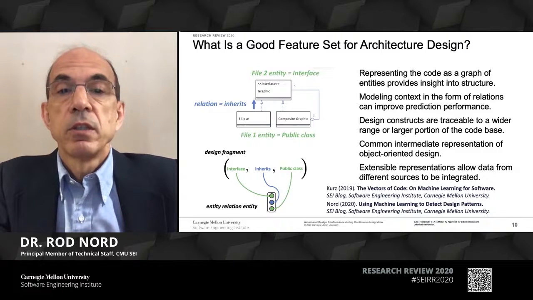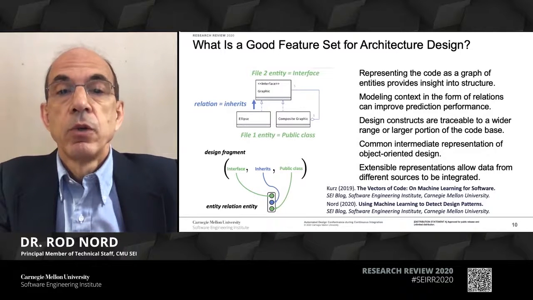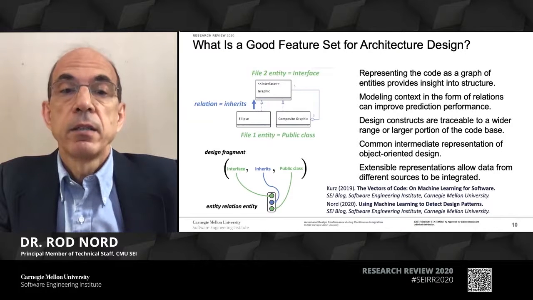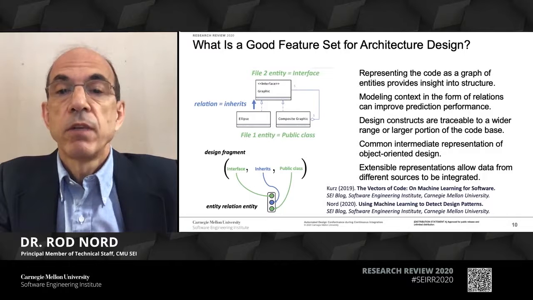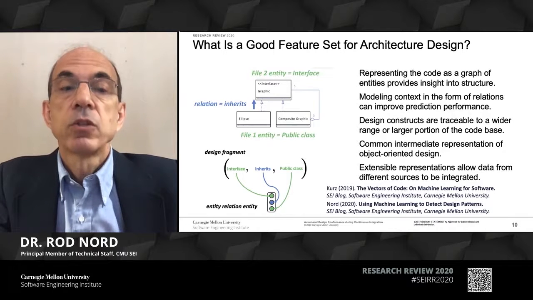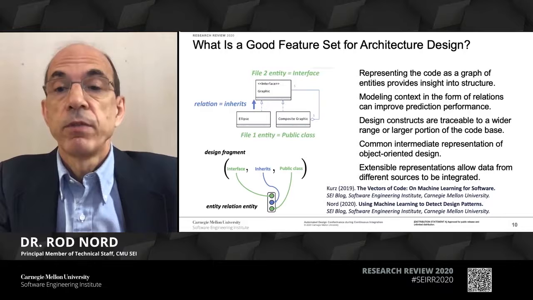Richer representations allow for features with deep semantics that convey global properties and provide traceability to a wider range or larger pieces of the codebase that may comprise a design construct. A common intermediate representation of object-oriented design provides core semantic information, and extensible representations allow data from different sources to